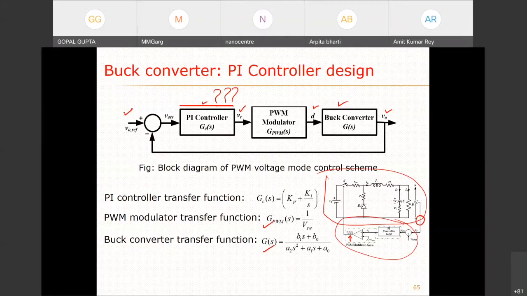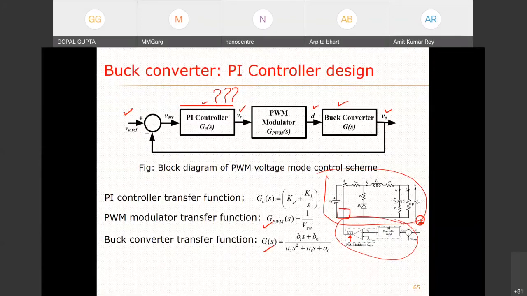Now here, as I said, this is the power circuit, and when through sensors I am sensing this voltage, then this part is our control circuit. So when I am generating pulses from here and feeding them to the switch, I am interacting between the power circuit and the control circuit. Similarly, when we are sensing, we are also interacting between the power circuit and the control circuit.